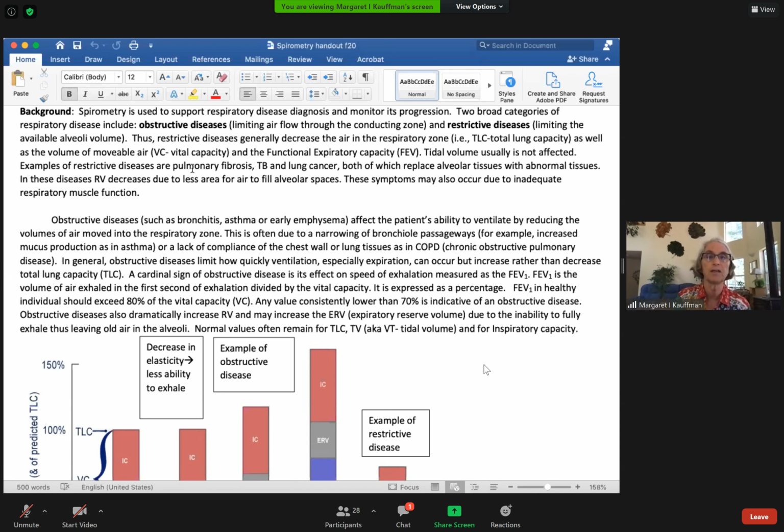So to give some examples: late stage pulmonary fibrosis, where the lung tissue has been replaced by scar tissue, and that could arise due to, well, some chemotherapies end up with that. It can arise from smoking,